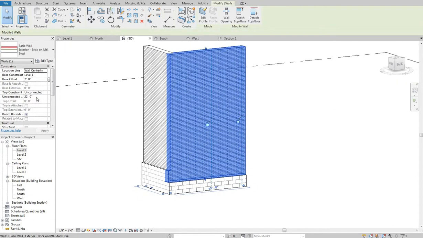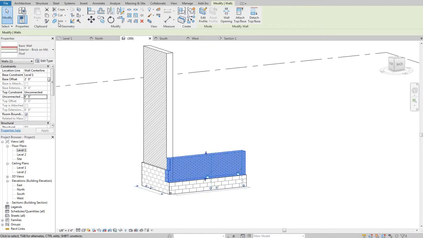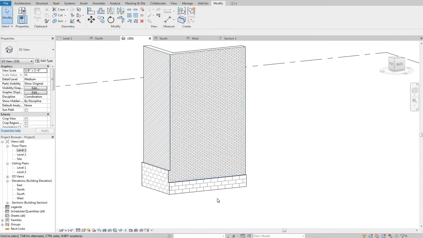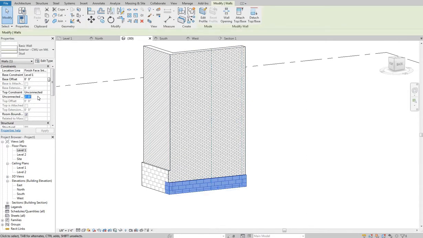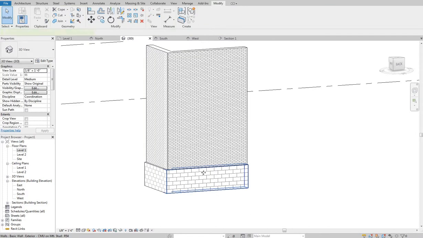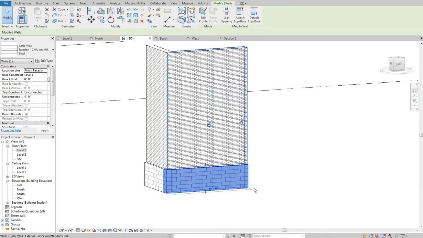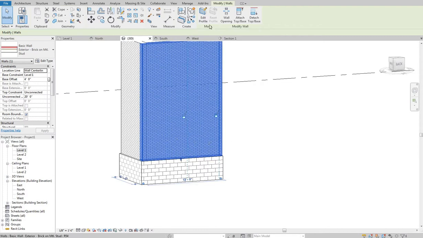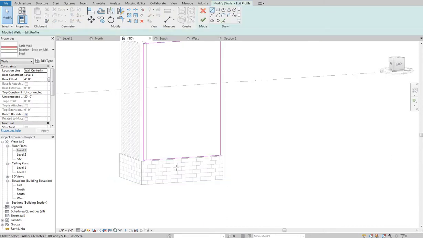But it also gives me the ability to do things like this, where, let's undo that real quick. I want this bottom one to be 4 foot. This gives me control of the profile of the bottom and the profile of the top. So if all of a sudden I want, say I have a step in my foundation here, I can all of a sudden jump this up,